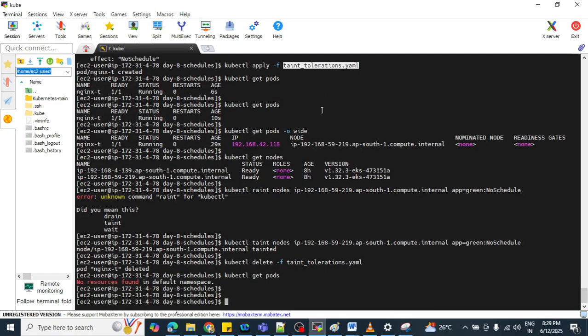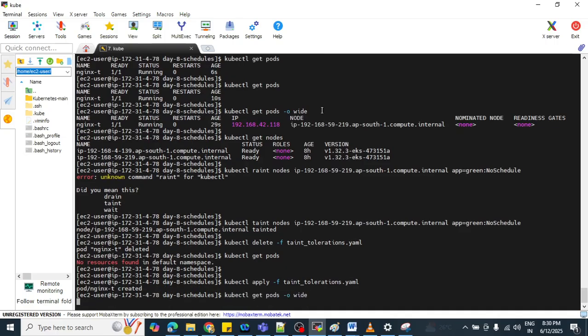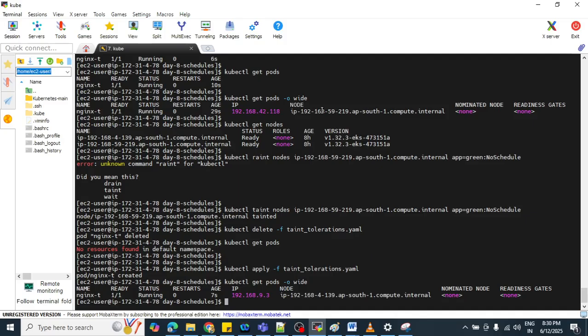Now try to apply this YAML file: kubectl apply -f taint and toleration, then kubectl get pods -o wide. Now you can see this pod is running on this particular tainted node.